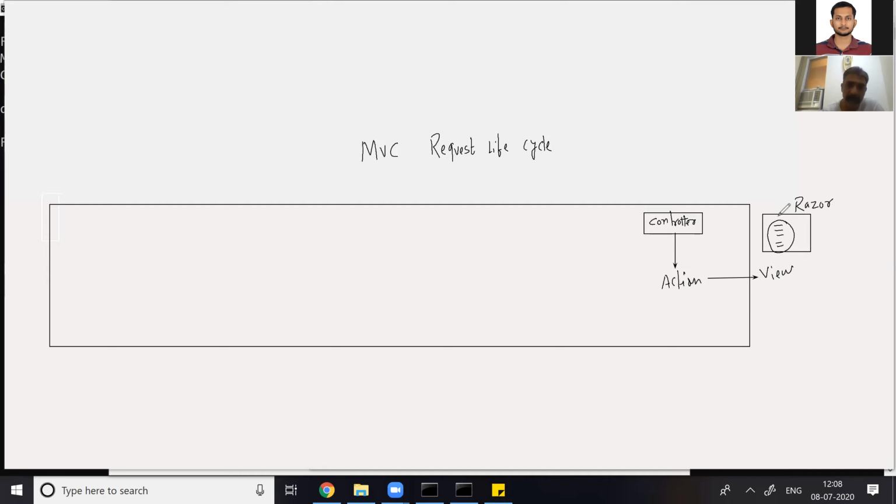Why are we learning the MVC request lifecycle? What's the reason? I want to customize the MVC request lifecycle. Why? Listen first. We have the route table.